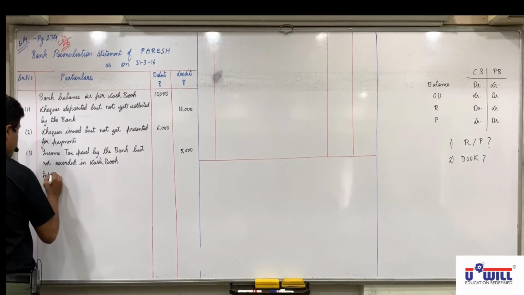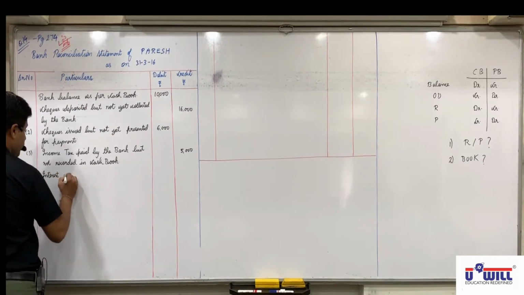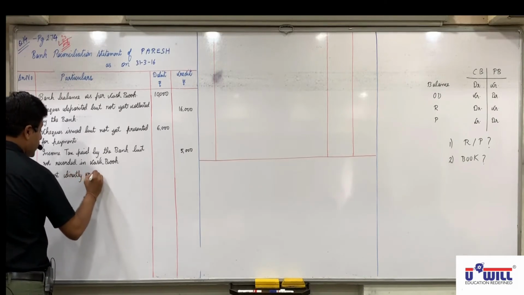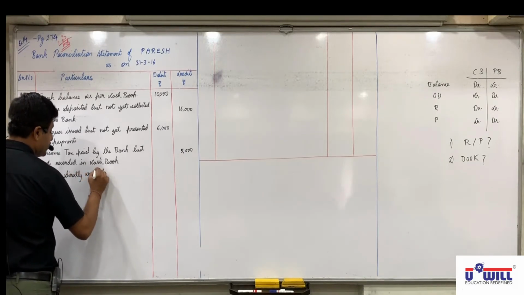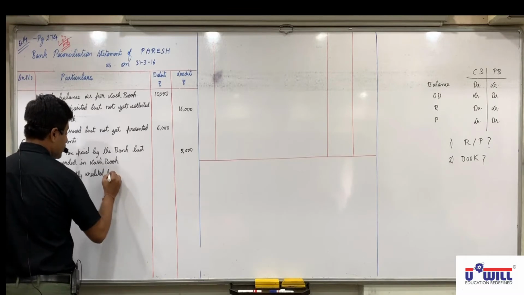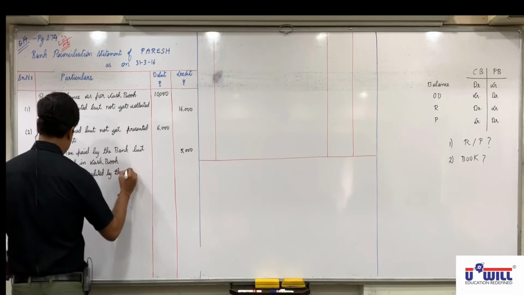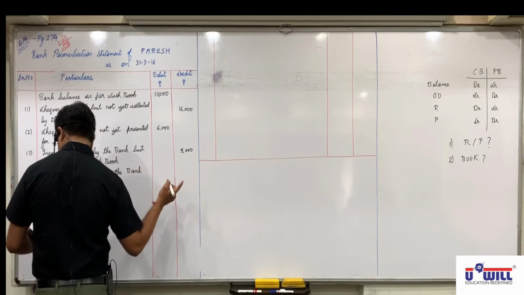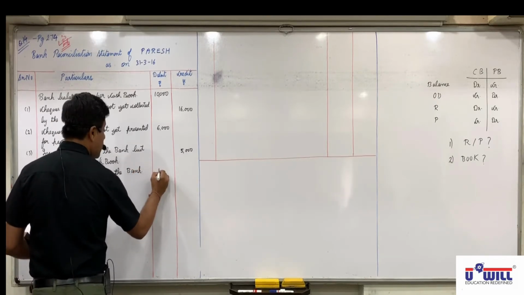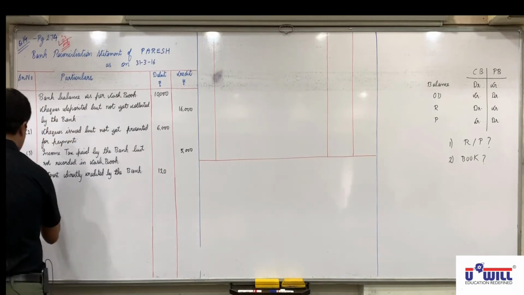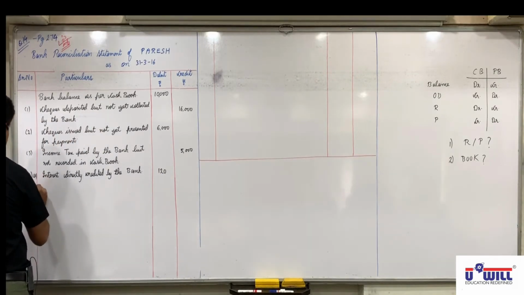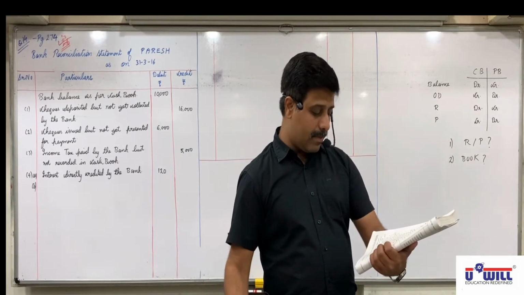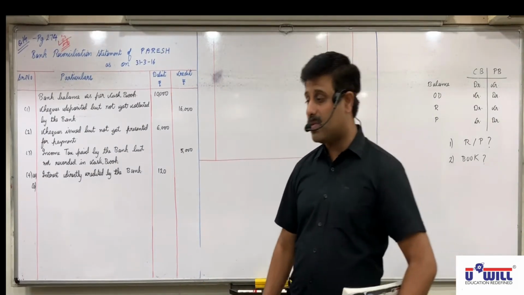Interest directly credited by the bank, so 120 is credited in the passbook but not debited in the cash book, debited in BRS. You can mark it as 4A because there are two reasons in this. Further explaining the other one: the bank has debited 50 for bank charges, what will we do?